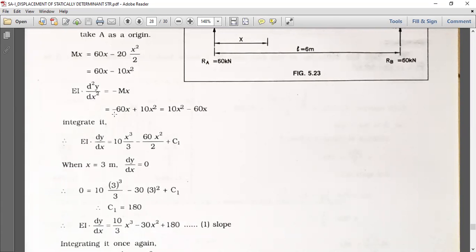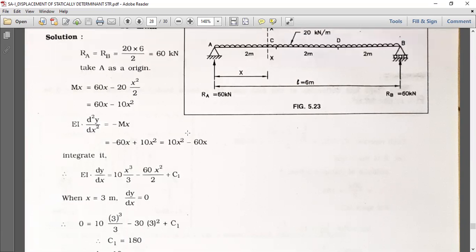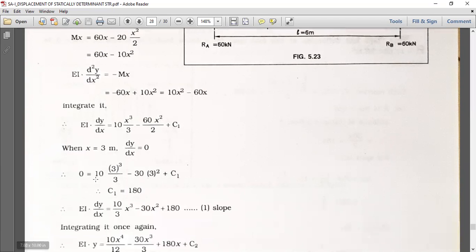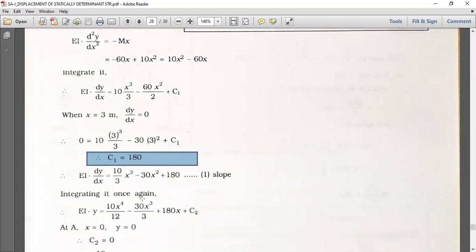We have EI dy by dx is equal to 30x square minus 10x cube by 3 plus C1. Then dy by dx is equal to 0 at x is equal to 3, and we have the value of C1 to solve it. Now EI dy by dx is equal to 10 by 3 x cube minus 13x square plus 180, which is